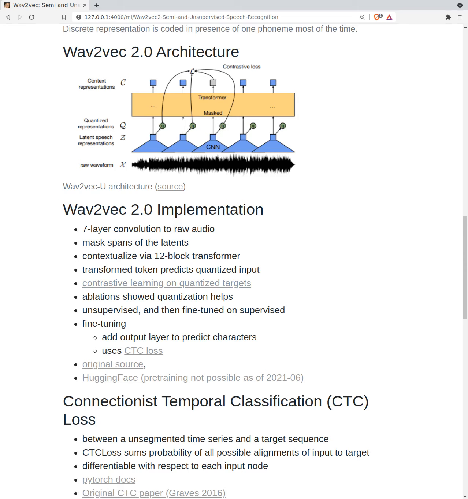All right, and another question may be, you do these quantizations, are they actually useful? Why do we do them? Is this possible without them? Actually, they did ablations, and this seems to help. You sort of introduce this inductive bias to force the network to look for these discrete representations.